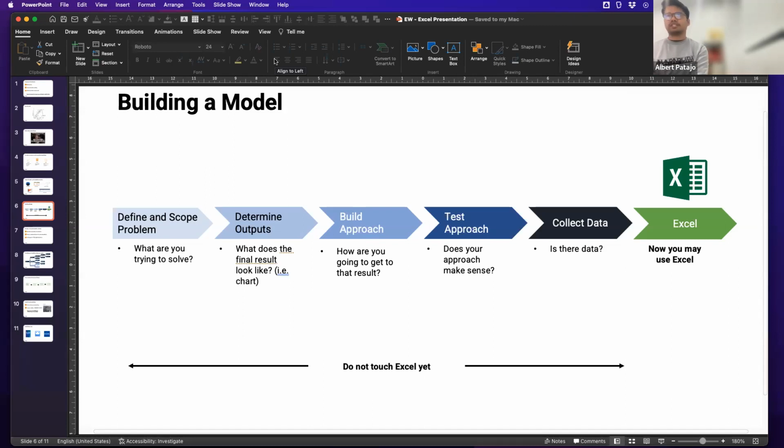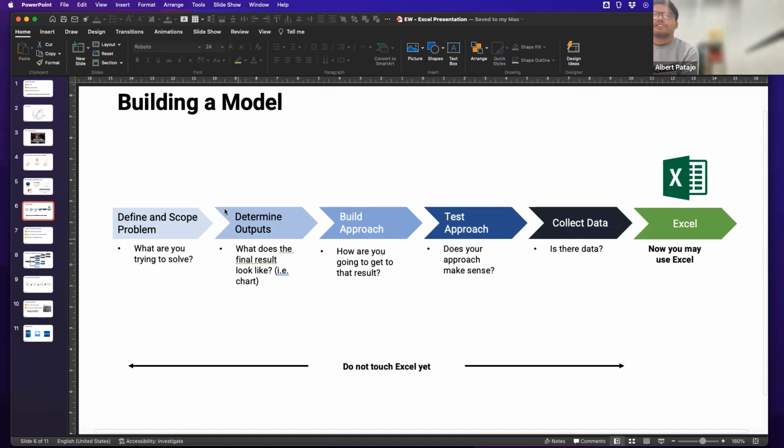Once I've built out an approach, I'll just test that approach, whether it's with someone I'm working with or someone else. So like, does this make sense? Like if I'm trying to calculate the amount of ice cream in Australia, or if I'm trying to calculate revenue growth for this company, does this broadly make sense? And then if it does make sense, I'll quickly check, is there data available to support that? And so, using the thread of ice cream sales again, there's not that many ice cream sales in Australia, but you can use other data as a proxy, like population density. You can start to look at where the location of ice cream stores around the country is.